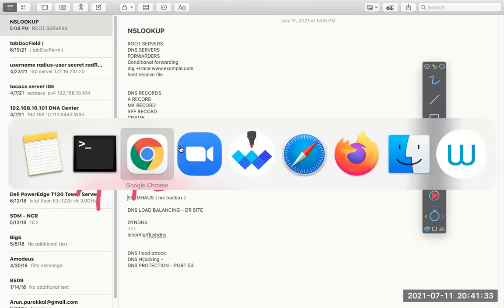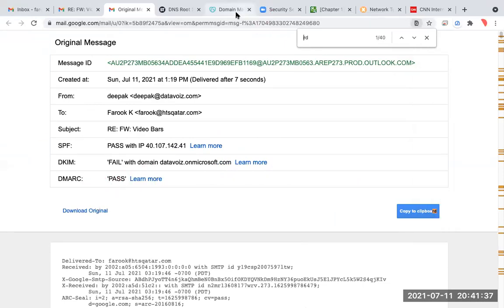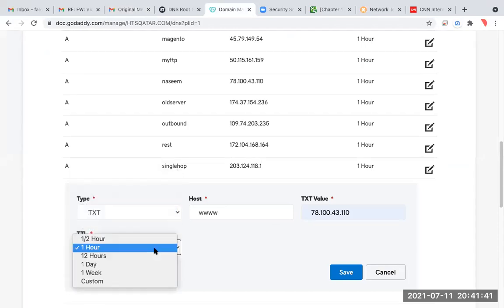When you are making a record inside GoDaddy, there is something called TTL. Normally, if you have a website and you are not changing the servers, it's always there, so you will put it at something like 1 week or 1 day.